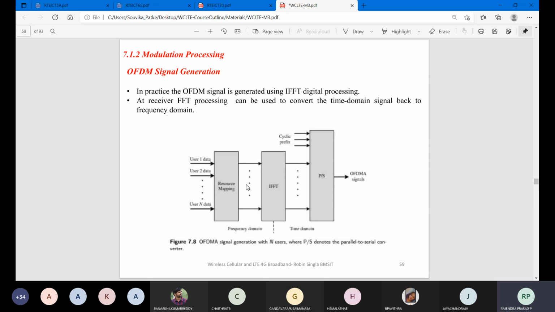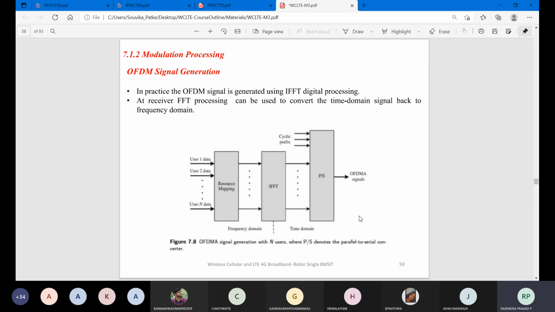Then what happens is OFDM signal generation. After resource mapping, you have this frequency division at the OFDM signal. You can see the parallel to serial converter and the IFFT, and we are going to add a cyclic prefix. This block diagram we observed in module 2, where we discussed the single carrier and OFDMA part.